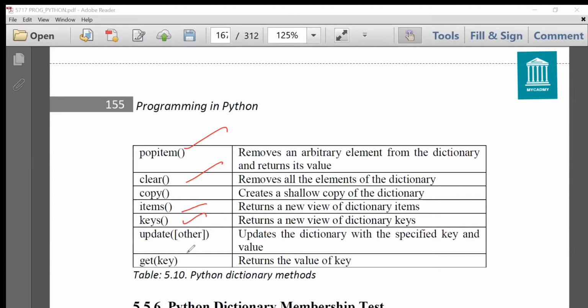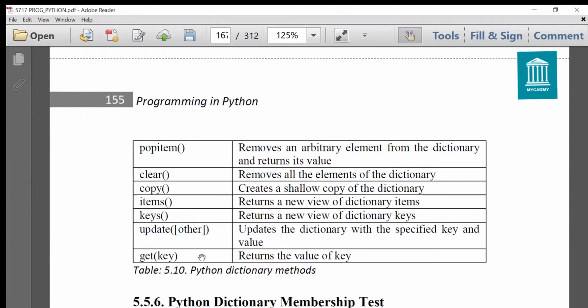Update updates the dictionary with the specified key and value. So if I want to update the value, I can use this function. And get returns the value of a key. We have already used it, datadict.get, then roll number. So it gives the value of roll number. So these are various methods that can be used with dictionaries.